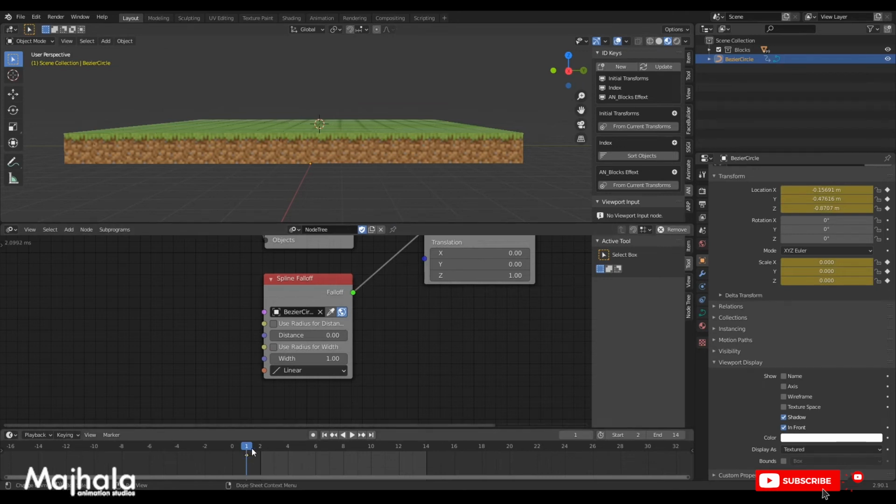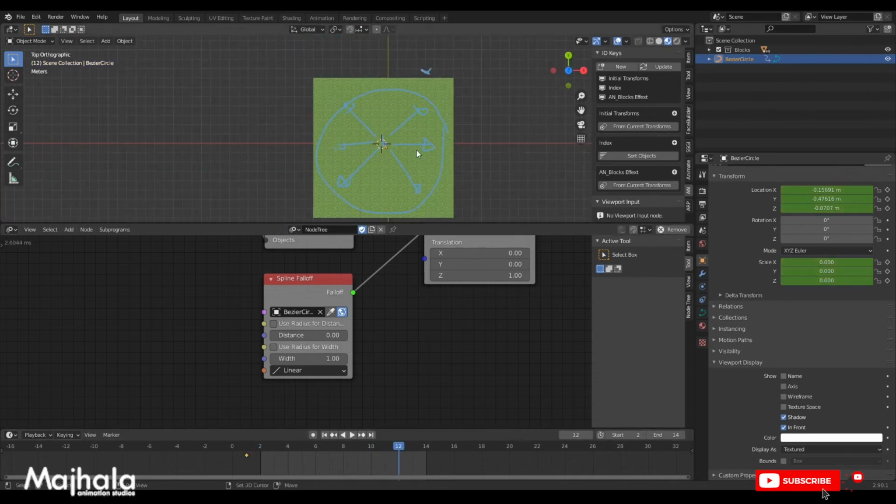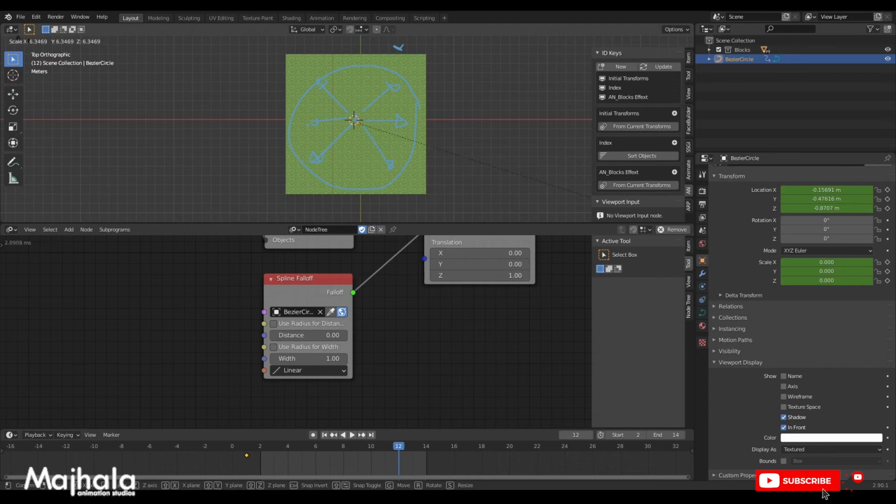Because it's quick, we are using 24 frames per second, and we want our effect to happen in half a second, so it will be 12 frames. So on frame 12 here, we want our effect to be outward. As you can see, we are not seeing the effect of one scale, so